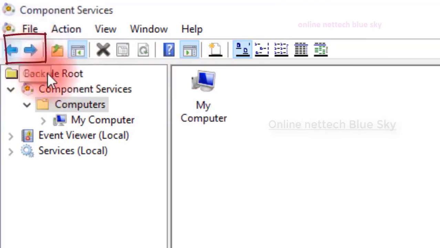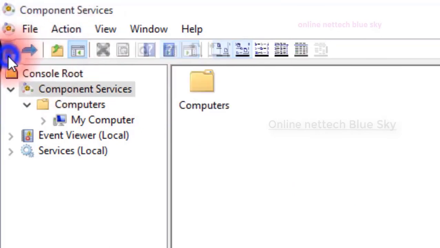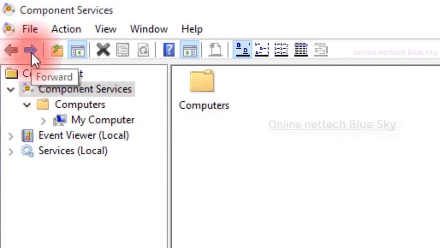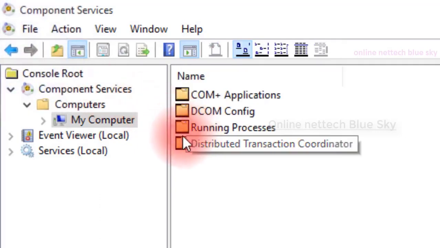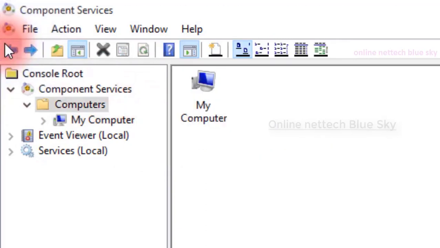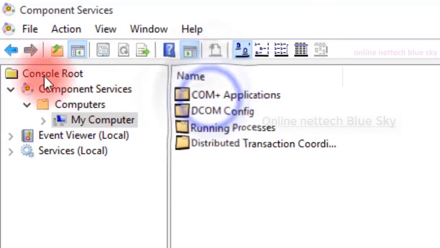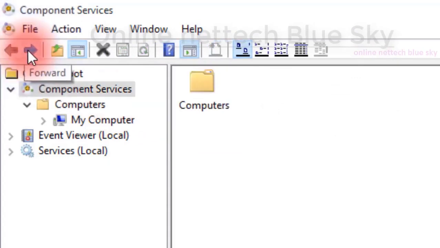The same options are available in all the menus in Windows Control Panel systems here. This is very important, the back and forward arrows. This controls your behavior, so you don't need to go further back. You can adjust your back position and forward position with these arrows. Forward means you can go into this folder. So Computer, you can see here, and inside Computer different services are available.